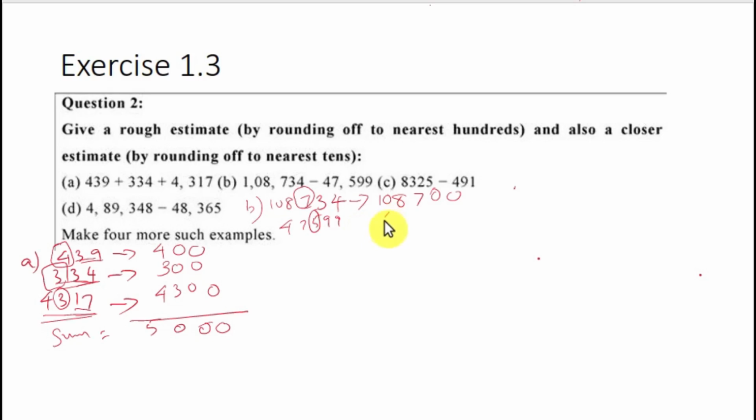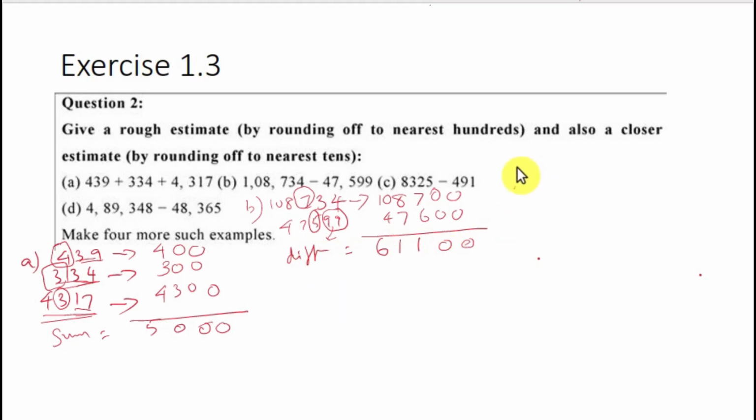Here 47599. 99 is close to 100. So we have to change it. 599 is close to 600. So the difference is equal to,